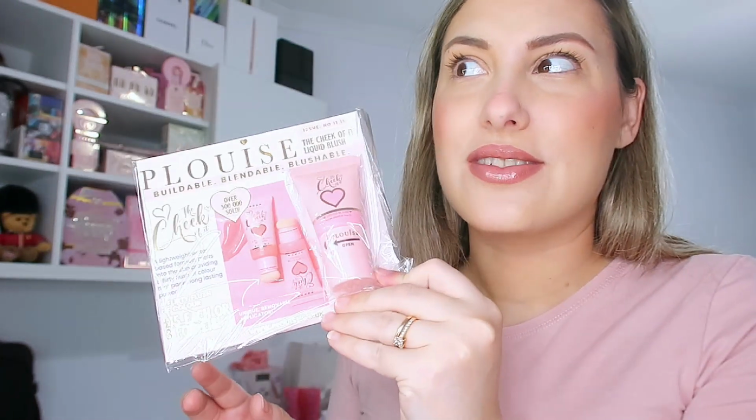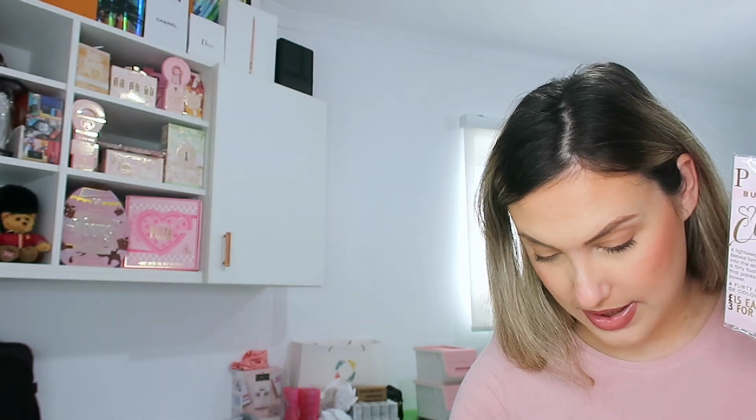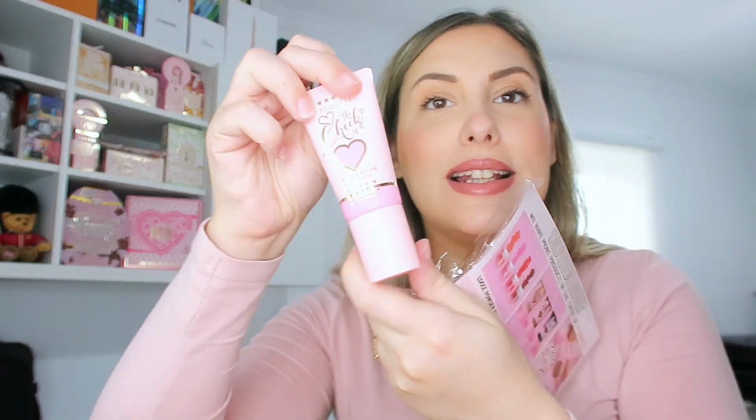But anyways, first product I'm seeing, I'm so glad I got this because I like collecting these. So this is the third one, and this is the Cheek of It liquid blush, and not sure the shade. What's the shade? The shade is Legally Pink. So I do have the full size of this. I'm just going to grab it because I think Legally Pink, if I'm not mistaken, yeah, Legally Pink was in a budget box